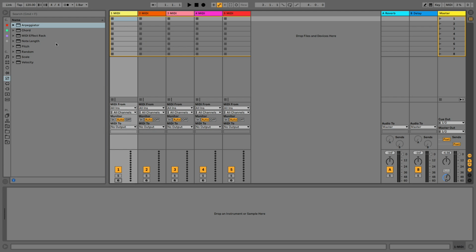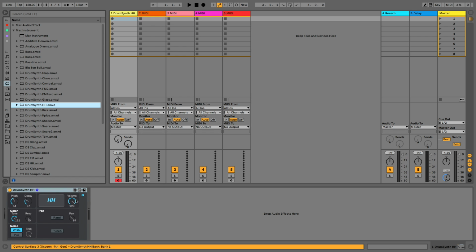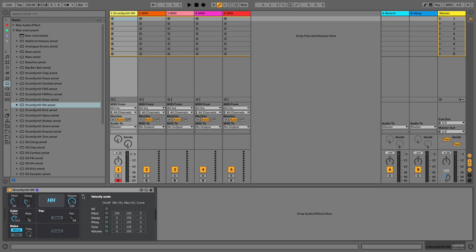Hello. I wanted to make a real quick tutorial video showing how to use the drum synth on the Max instruments to make more realistic hi-hats. So I'm using the hi-hat one here, and then if you open up this little arrow here, you can see